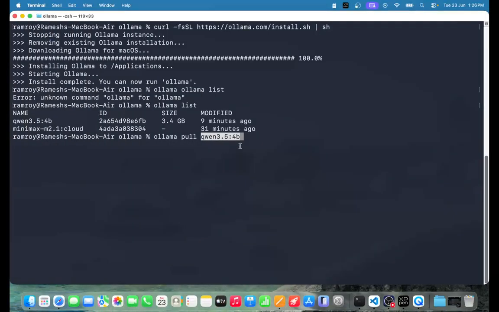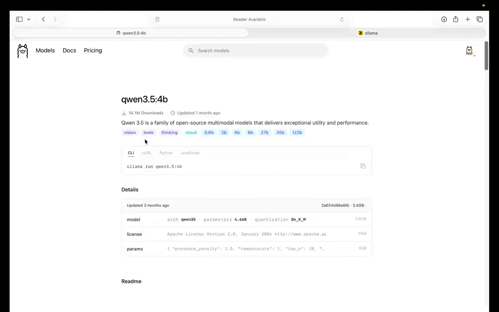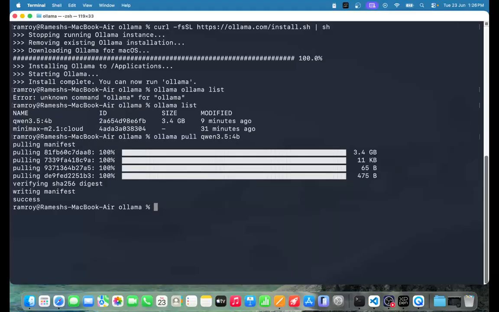So I just pulled this. If you want this particular model, just click here and it will take you to this page, and copy this command, and you can pull. If you use pull, it will download. I pulled it, and it says it has already been downloaded; it will download, but it won't run actually. So if you want to run that particular model, you just need to execute